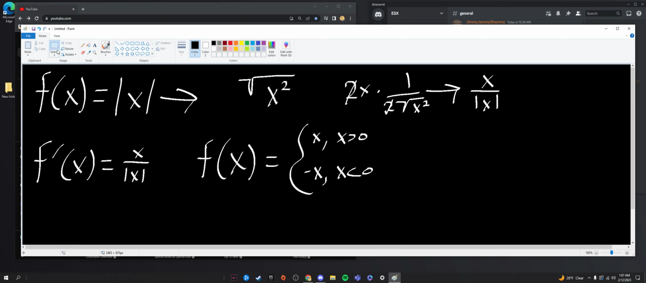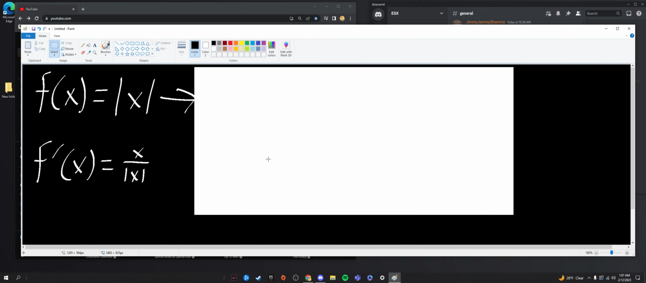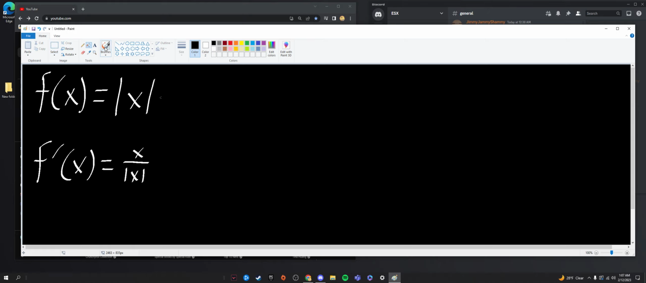Now let's integrate the absolute value of x. Let me erase all this. Okay. So if we have the integral of just the absolute value of x dx, now I'm gonna do it the lame way because